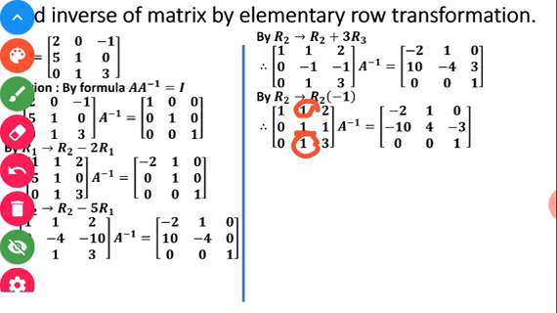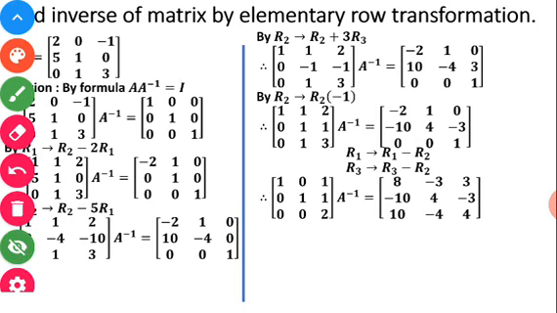Okay, now to make this one up and down as a 0, I am doing two operations together, one on the R1 and one operation on the R3. Okay, so let's see how I am doing both the operations. So R1 goes to R1 minus R2 and R3 goes to R3 minus R2. So if I perform this operation, I am finding that only R1 and R3 now are changing. R1 is changed because 1 minus 0, this 1 minus 1, that is 0, 2 minus 1, 1. Same way here 0 minus 0 is 1, 1 minus 1 is 0 and 3 minus 1 is 2.